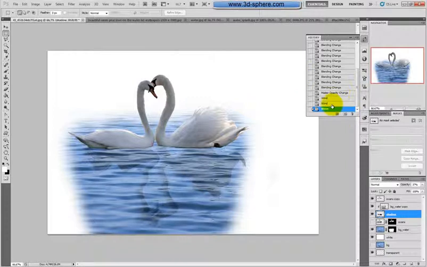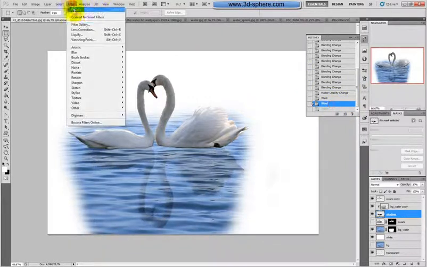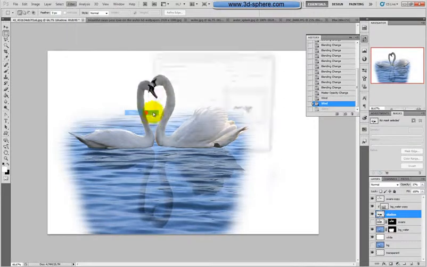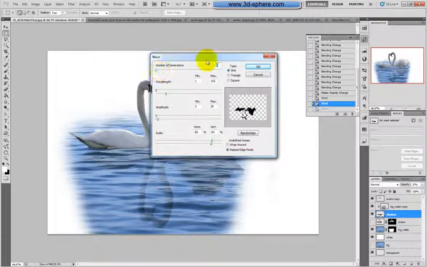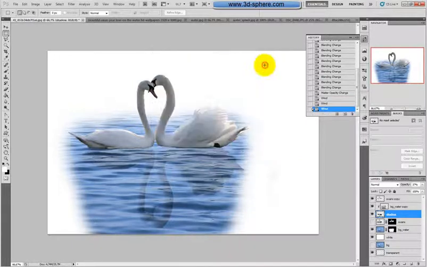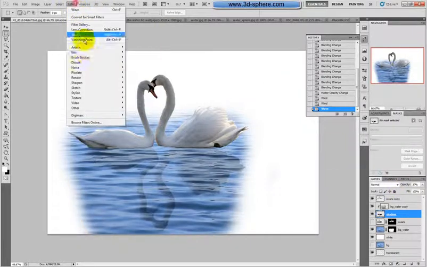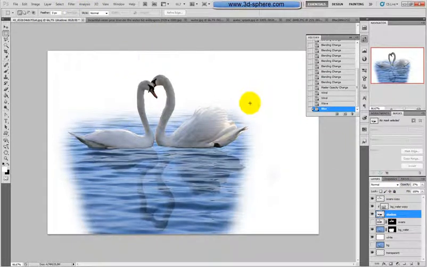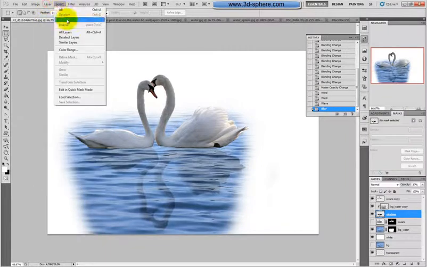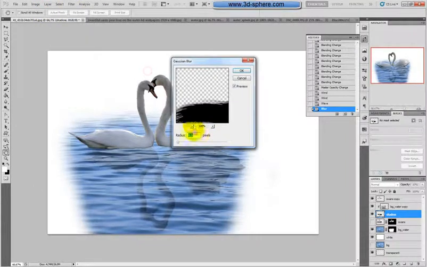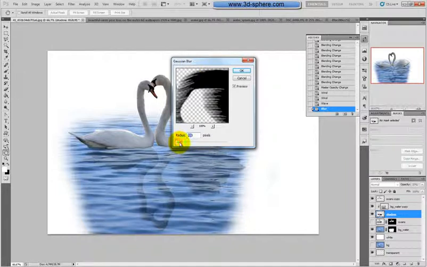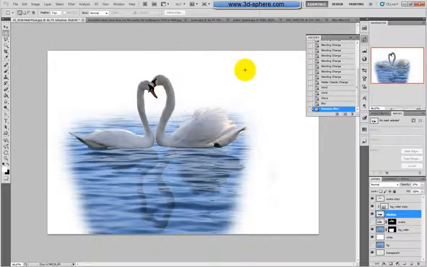Ah, no, it's too much. One more time. Maybe 5 would be much better. Okay. Let's go with something like this, and also I will apply blur on this. Gaussian blur, of course. This. Okay, so